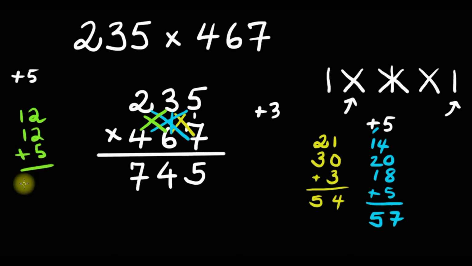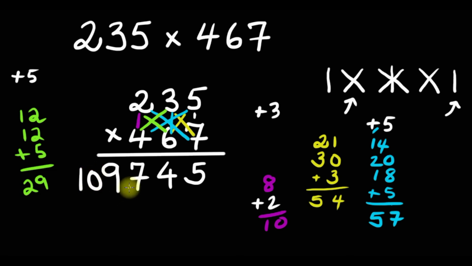So 24, so that makes it 29. So that means we have a 9 here, and then we carry a 2. So let's just put a 2 here somewhere. All right, and then the next one is just up and down. So here we're going to go up and down. So that means 4 times 2 is 8. And then 8 plus 2, that's going to give you 10. So the 10 goes here. Okay, so when you multiply those 3 numbers, you get